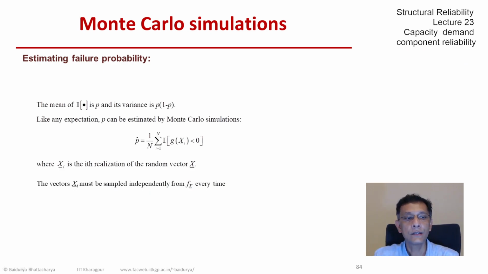But the point to note here is that for that fundamental law to be able to come into force, we must make sure that these x's are sampled independently every time from the joint density function of x. Now, obviously, within the vector x, there can be dependence. We are not talking about that. We're talking about the vector being sampled from its distribution every time. Those samples must be mutually independent. So then why does it work? It works because we